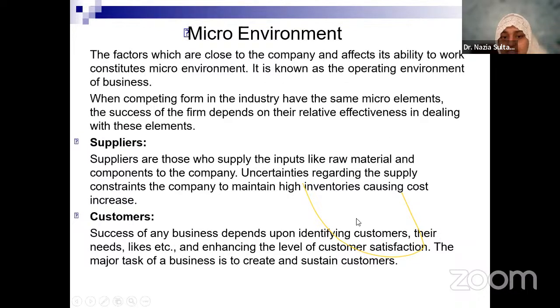So you have suppliers of raw material as a major partner in the micro environment. And see, in case the suppliers don't supply your raw material in time, or they have raised money, or they are not able to procure raw material themselves, then how will your production run? How will you be able to meet market demand? So your inventory costs also are associated with the supply. So to some extent, they belong to the external environment, which is your micro.